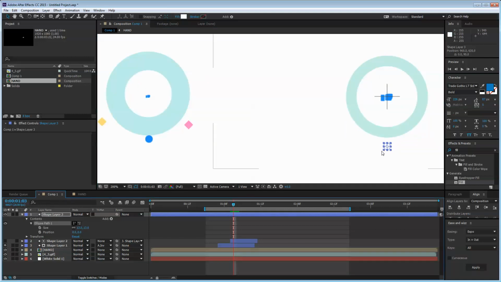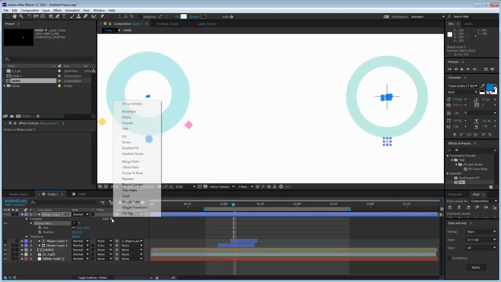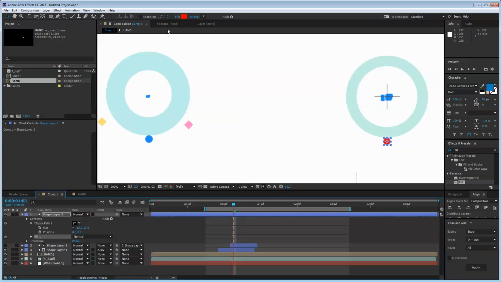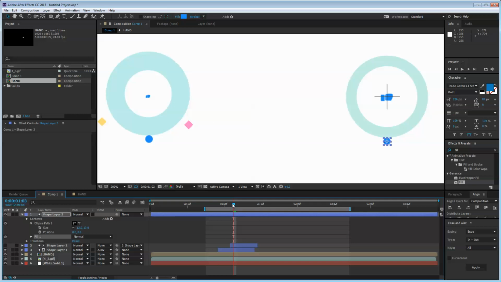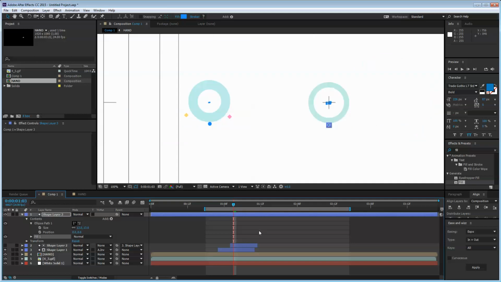So it starts right on the edge. Okay, and I want to fill that. And I'll copy the color with the blue. Okay, so we can do this by hand, that's probably the easiest way to do it. So we start here, it's the first time we see it, so I'm going to hit left